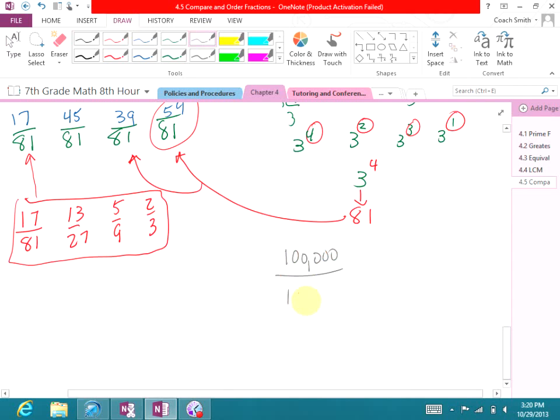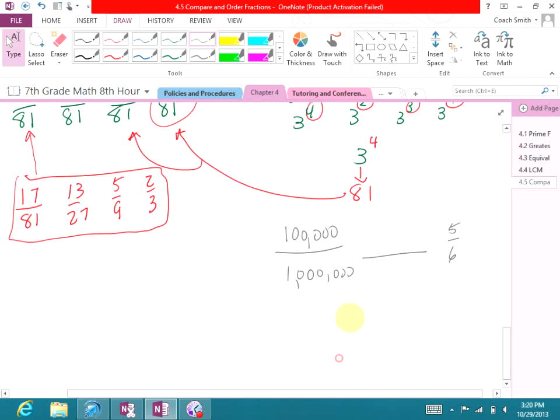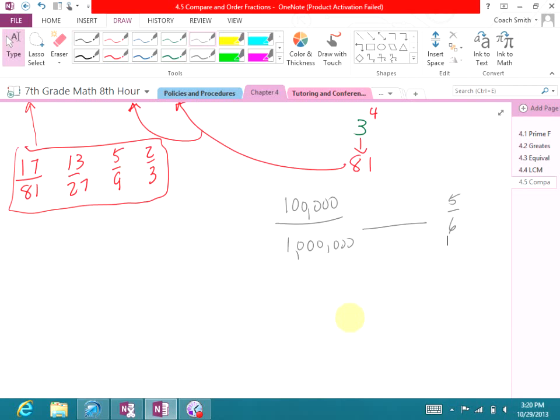If I had 100,000 over 1 million, and I was comparing that to 5 over 6. Okay, well, they don't have common denominators, but I know what the common denominator is. The common denominator is 6 million. So you would have 6 million down here, and that would be over, I multiplied by 1 million, so that'd be 5 million. And over here you would have 6 million, and that would be over 600,000. Okay, so now that they're in like terms,